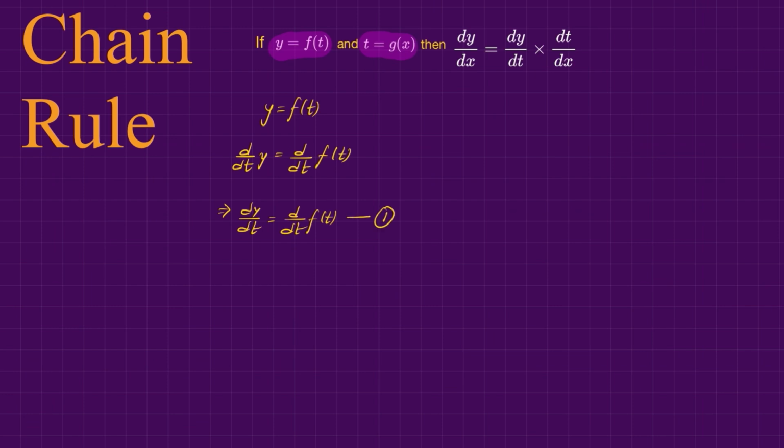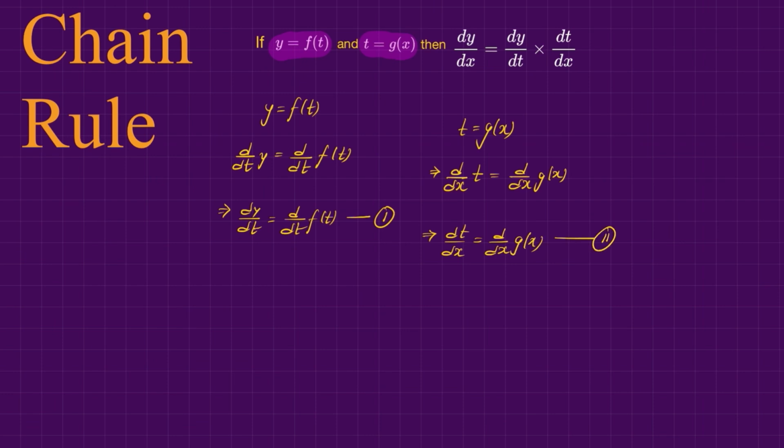And as you can see, t is a function of x. So let me write that also. Here t is a function of x, t equals g of x. This I can differentiate both sides with respect to x only. So d/dx of t equals d/dx of g of x. This implies dt/dx equals d/dx of g of x, and let this be my equation